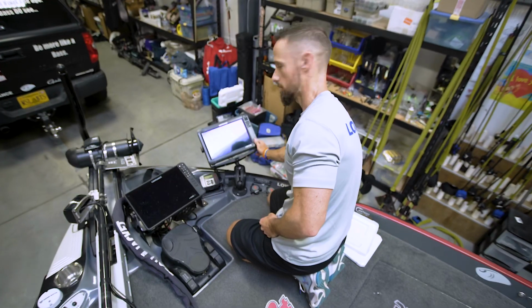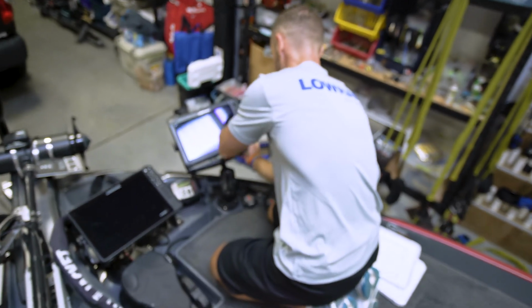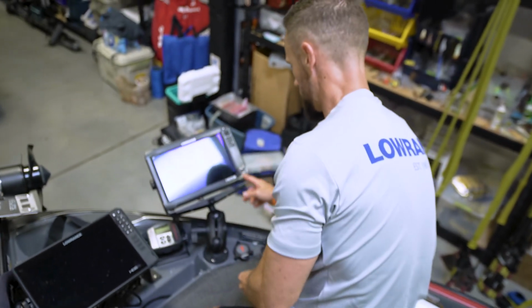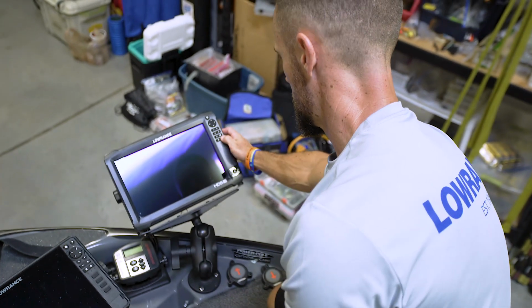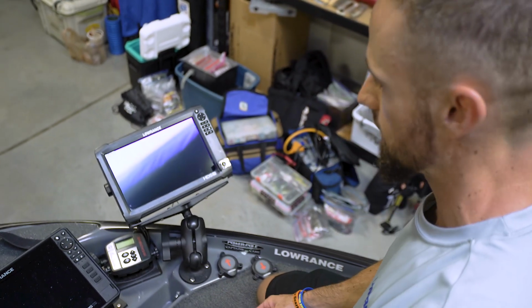drag it over into that card, and then basically do the exact same thing with that one carbon unit that I did with the Live units, just to make sure they're all on the same page. And that's not a big update. Eject that card. Go do that real quick. Here we go. We're just going to update the carbon unit real quick. It's a little different. You slide the SD out and then flip it. But same deal. Just put the update in there,